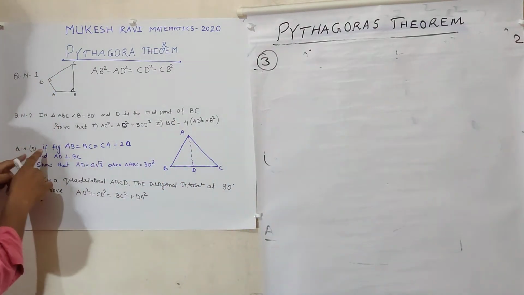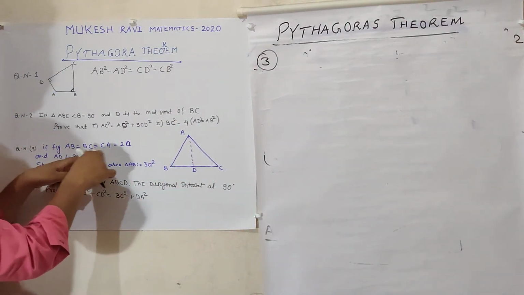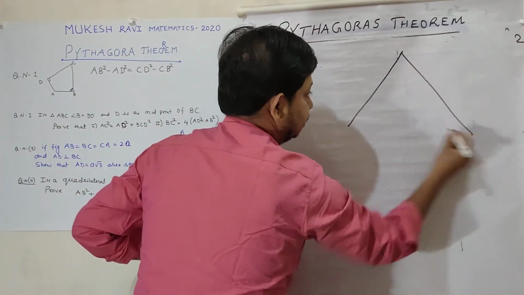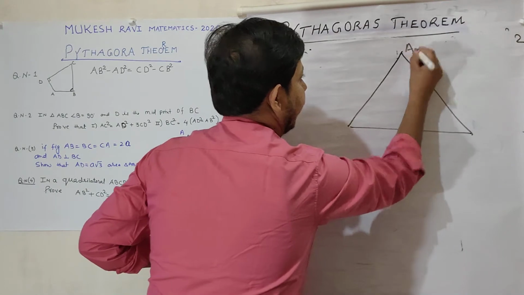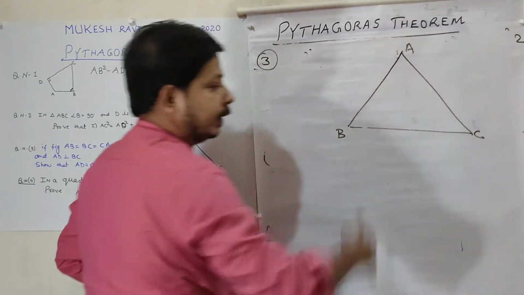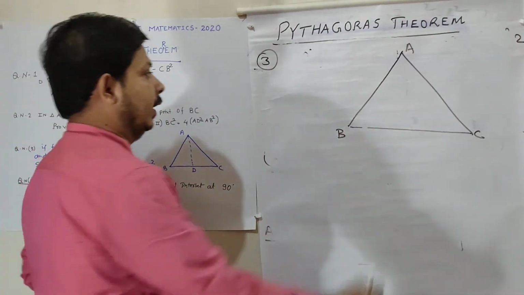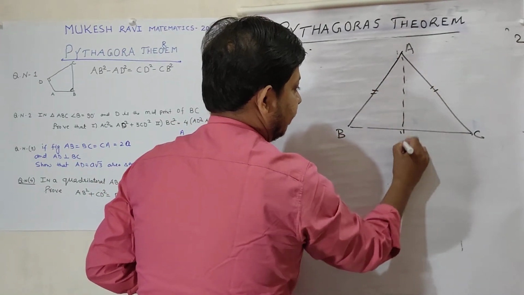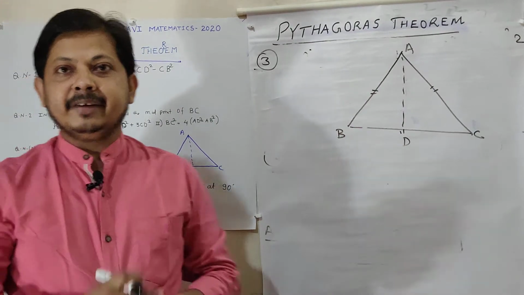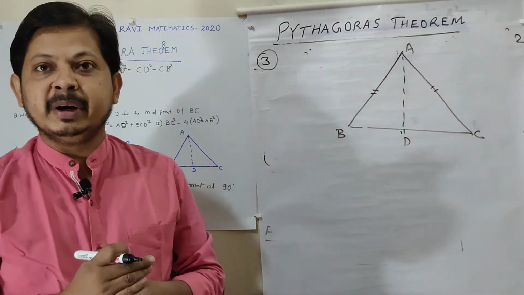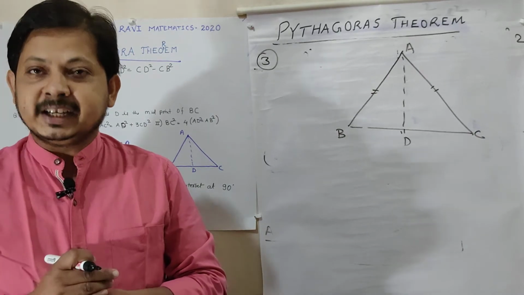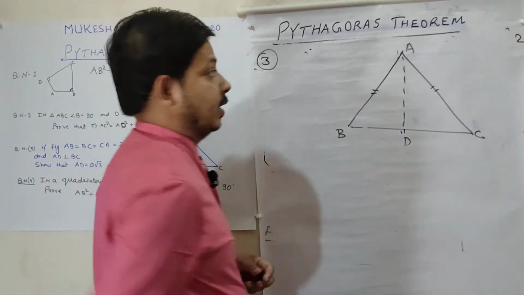I have made this question in a figure A, B, B, C, C, A. Equilateral triangle. Mark here equilateral triangle ABC. All sides are equal. Here in the question it is given 2A. D is a midpoint. Previous knowledge: if in an equilateral triangle, the opposite vertex is joined with the midpoint, that is median as well as the perpendicular bisector.